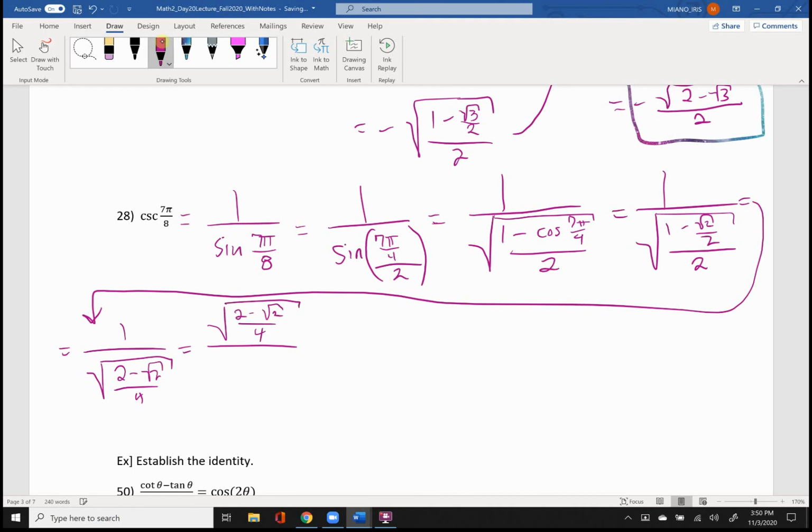I didn't bother taking that 4 out just yet. I'm just rationalizing the denominator. Minus root 2 over 4. But this 4 can be a multiplier out in front of this guy right here. So it kind of whoop, right? Parks itself out in front. And then we need to multiply by the conjugate, 2 plus root 2, to get rid of this bit right here, 2 plus root 2, which will then give us,